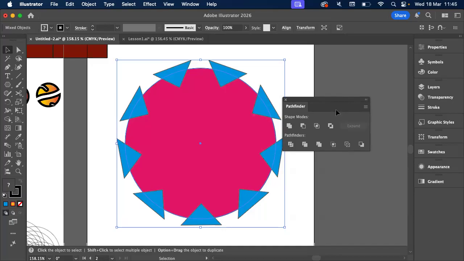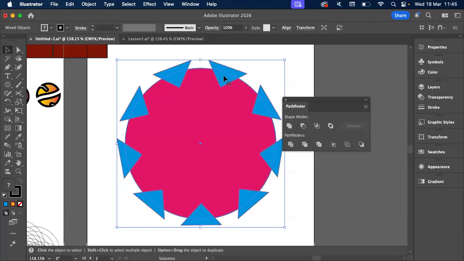The reason why I'm saying that is because the ones that you are used to from InDesign are actually at the top. So you add, you subtract, you intersect, and so on. From these Pathfinder options, the one we're going to use to subtract the triangles from behind is going to be the subtract option. Now, keeping in mind, both of these pieces need to be selected and they must be